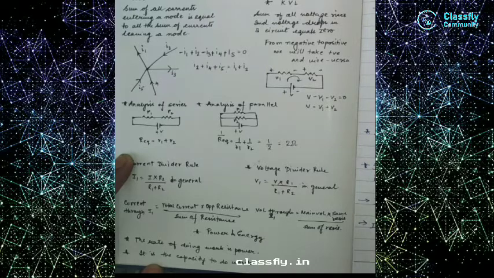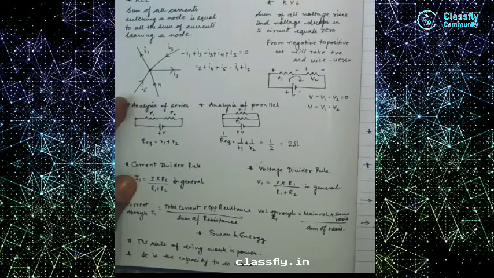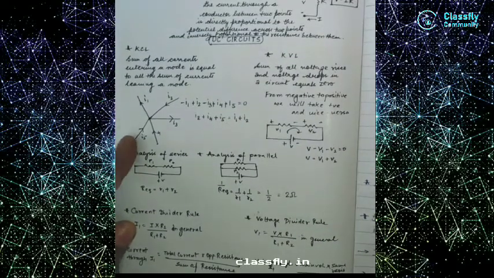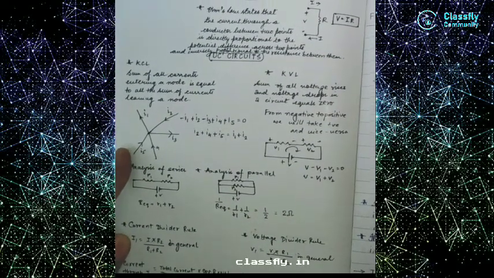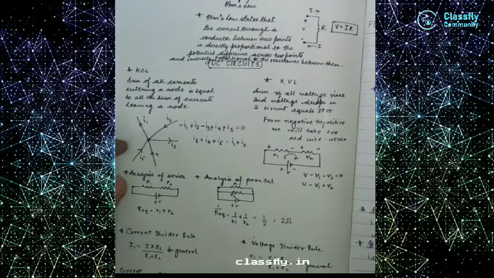But the rate of doing work is power. That means whenever we see power, the work needs to be done within a certain period of time. So I hope the revision of the DC circuit has been understood by you all, and it is in a brief way. So till then, be happy and see you all in the next lecture.